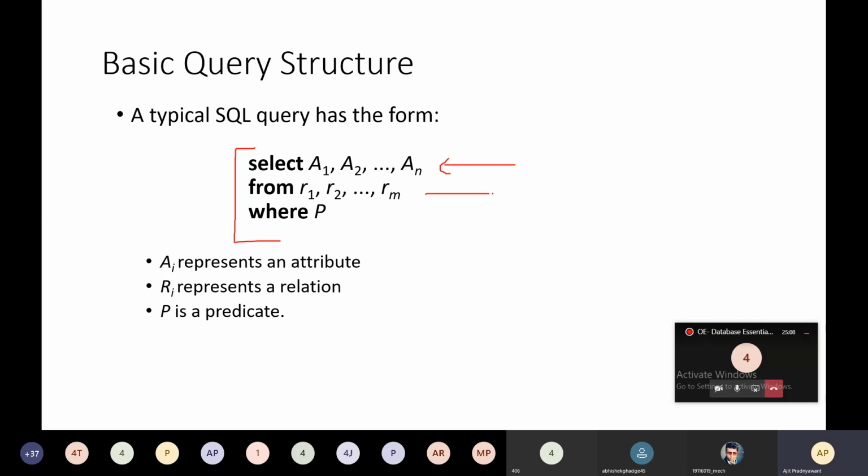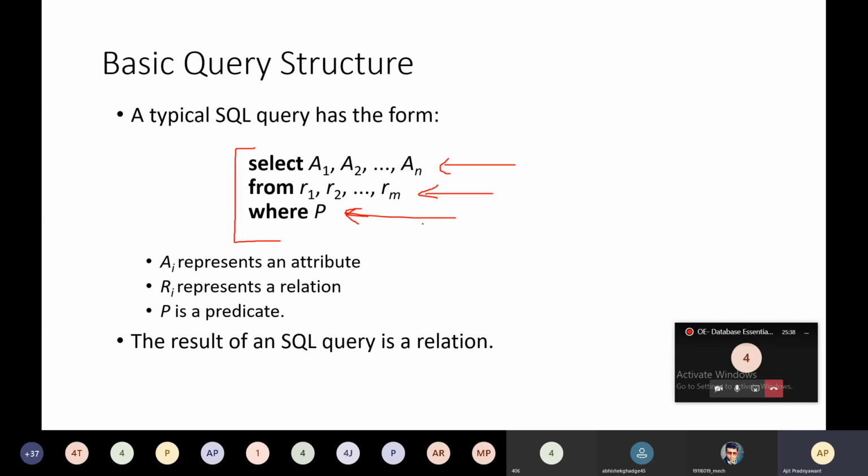In the from, you can mention the names of the relations, that is tables, and in the where, you can mention the condition. Based on that condition, you are going to return the tuples. So this is called the basic query structure. Once you use it, you can get the idea. It is not too difficult, it is very simple. The only thing to remember is select, from, where.